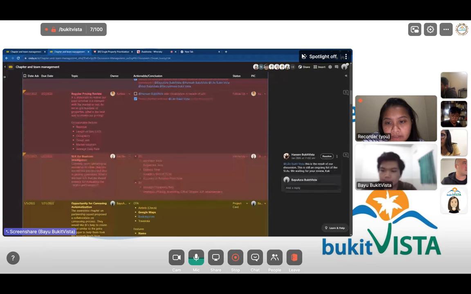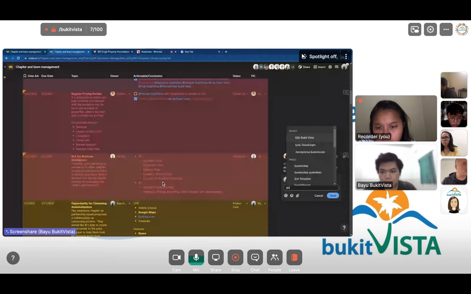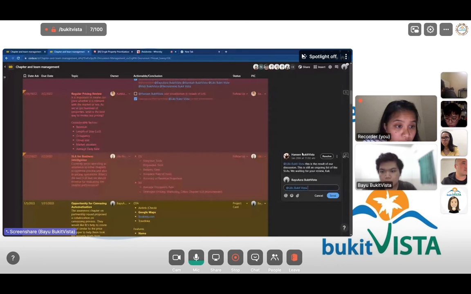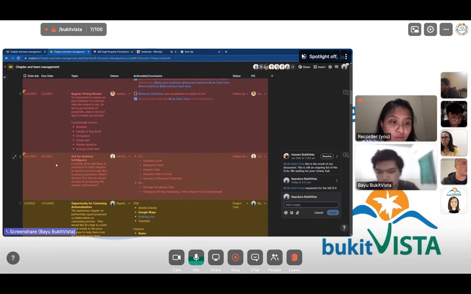Yeah. Okay. But I think we need to come up with the SLA too. This is only PA, right? The SLA, for example, I'm not sure, your screen is blurry, I cannot read that. Like delivery time, how many hours you should deliver a certain projection, for example, accuracy of projection, and then what the average occupancy rate is, and then strategies like marketing and pricing, what the SLA is, in more detail basically. All right. Okay. Thank you.